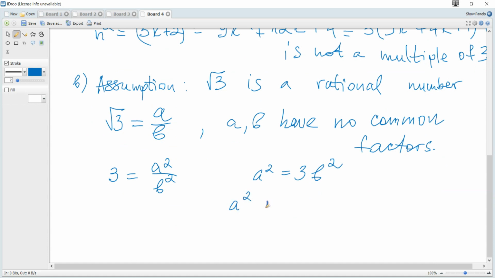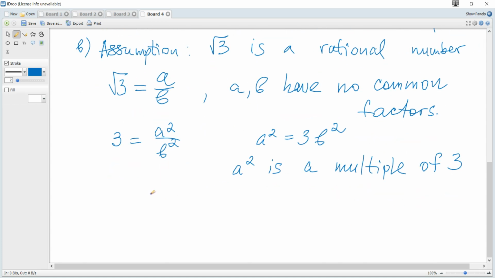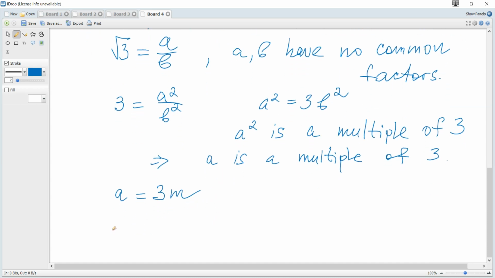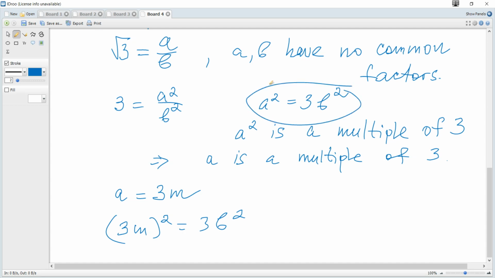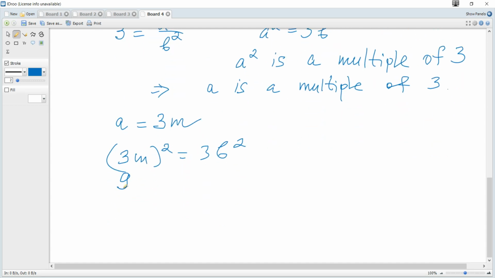And we can see that a squared is a multiple of 3, and using the previous result, it implies that a is a multiple of 3, and since it's a multiple of 3, it can be represented as 3m, for example, and it becomes (3m) squared is 3b squared, and it becomes 9m squared is 3b squared, so b squared is 3m squared, so b squared is a multiple